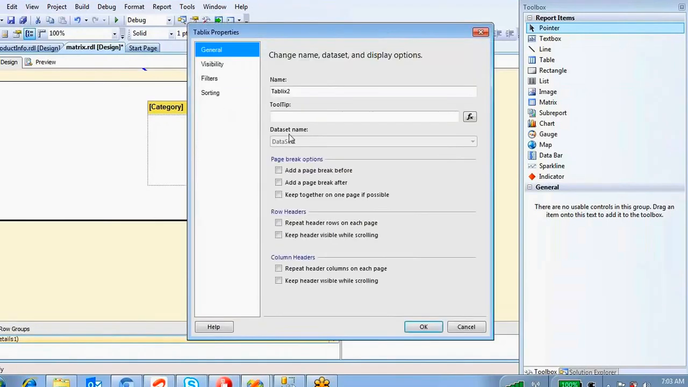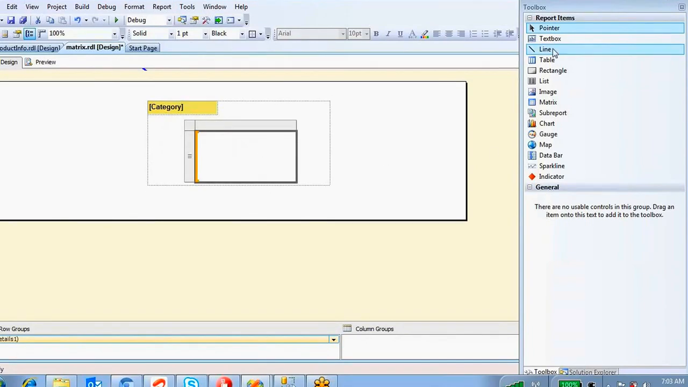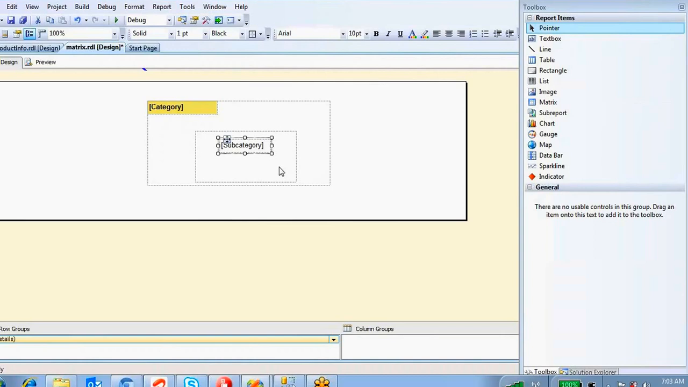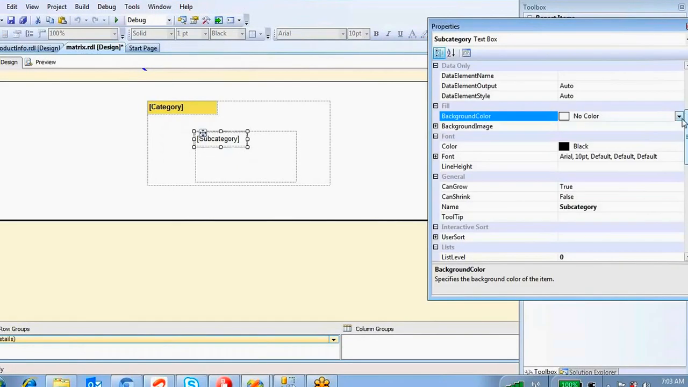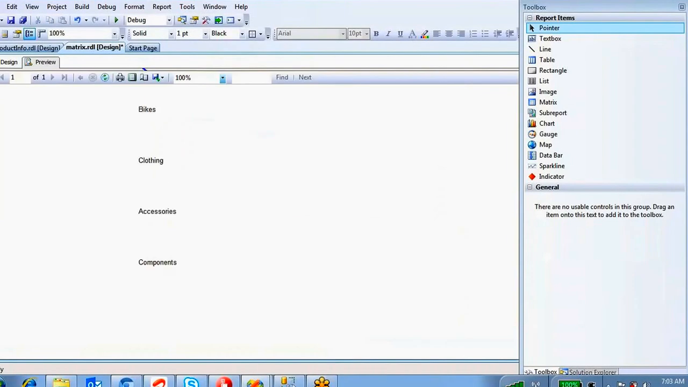See here, go to Tablix properties. That data set is already coming here. Whatever data set you are using for the first one is automatically assigned to the one below as well. Inside this I am going to take one more text box, and in this text box I want to show the subcategory item. This is the category and this is the subcategory. You can give it a background color, this color, and make it bold. Now if you see the preview,